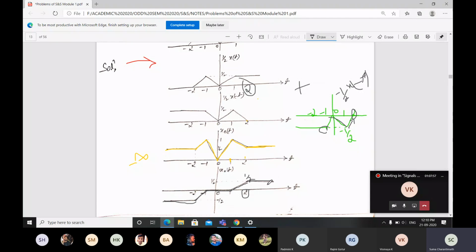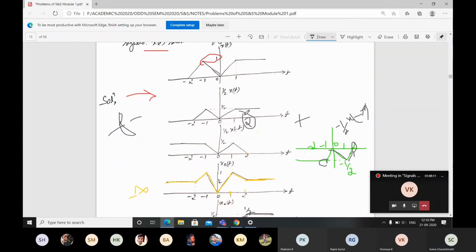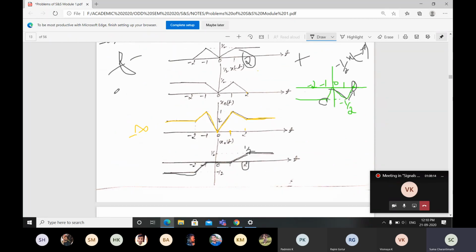This is the signal that is going to take place. This is your odd part of the signal and this is your even part of the signal. This is how this is important. It will be asked as a 6 or 8 marks question in the examination. Definitely, this question has already been asked many times.